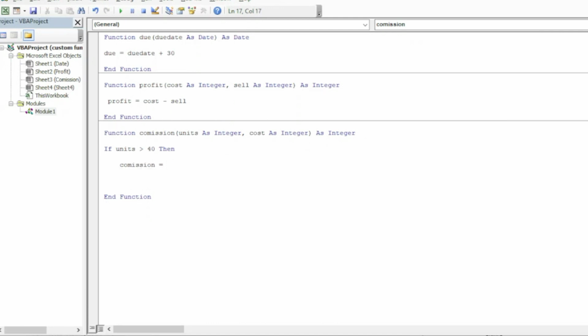Commission is equal to the cost into units multiplied with 30 percentage, 30 percentage of my sales value. And then I'm just copying the same code and customizing it according to my requirement. If my units is equal to or less than 40